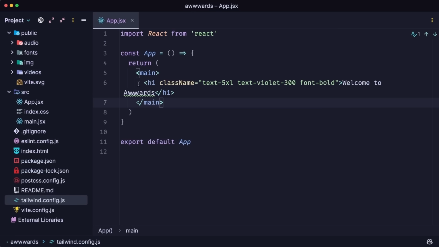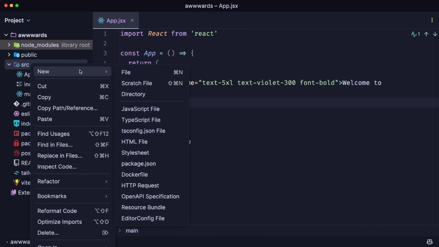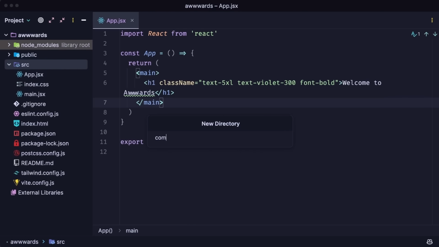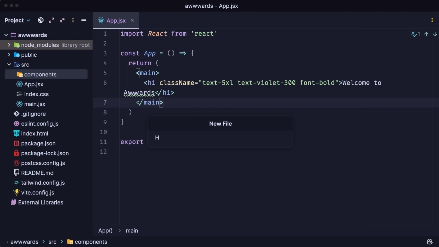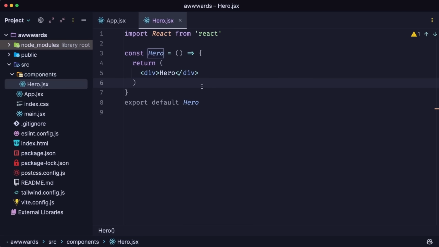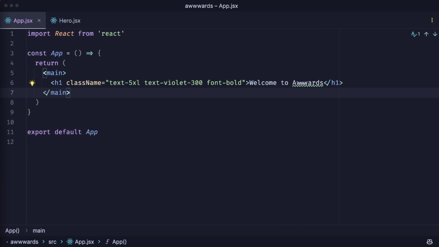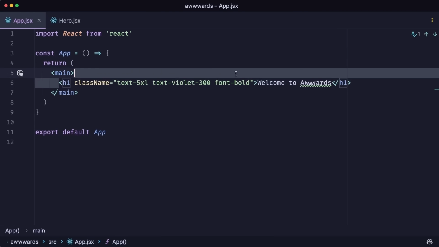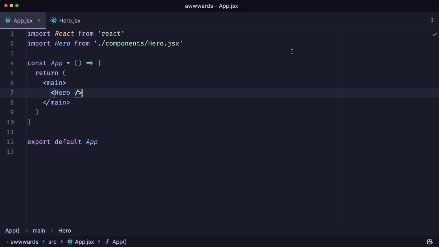To get started with the hero section, let's go ahead and create a new folder in the source folder, and let's call it components. Within the components folder, I can create a new file, which I'll call hero.jsx. And within it, I'll run RAFCE, a React arrow function component. Now that I have it, I'll simply import it at the top of the app. So let's go over here. And within the main, instead of this h1, I will now render the hero section. Don't forget to import it from